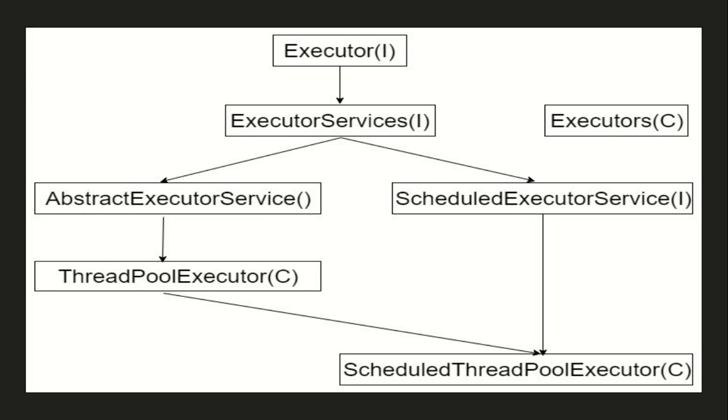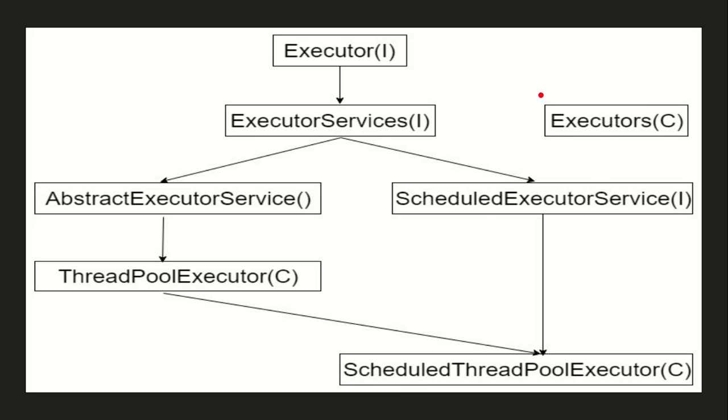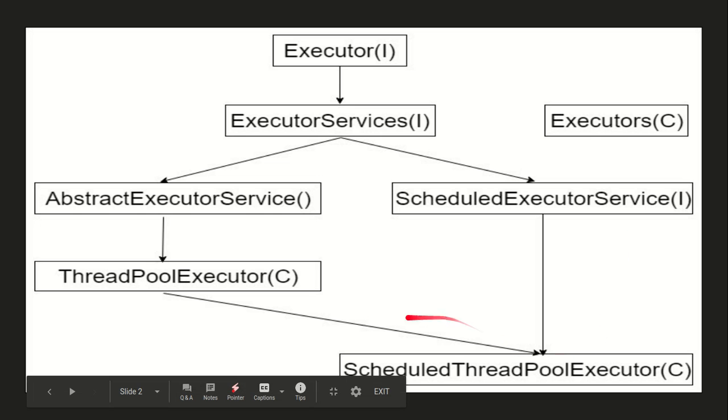As I also explained in the previous lecture, these executor services are basically provided to manage thread pools and submit tasks to those thread pools. Don't worry, I will go through in detail the different components inside these thread pools and how they are created. Now you can see at the right side of my screen that there is an Executors class. This class provides different factory methods to create objects of thread pools. And the last one is the ScheduledThreadPoolExecutor class, which is the implementing class of the scheduled interface.